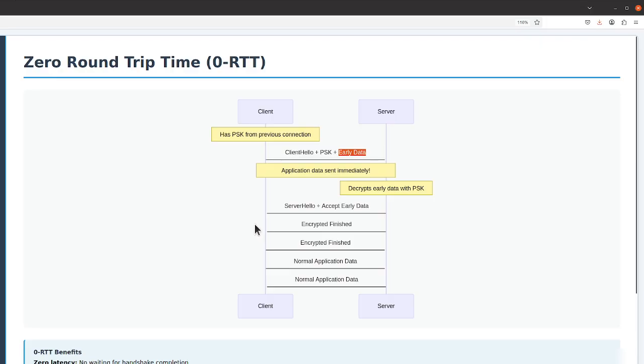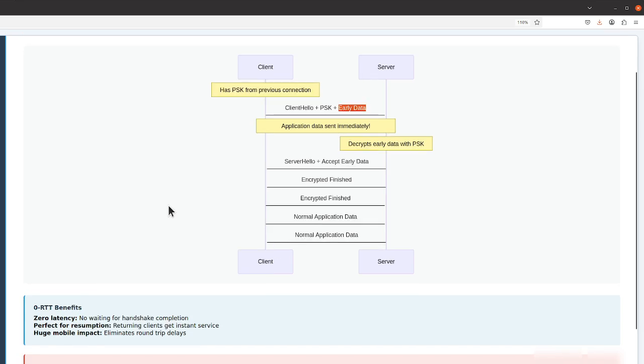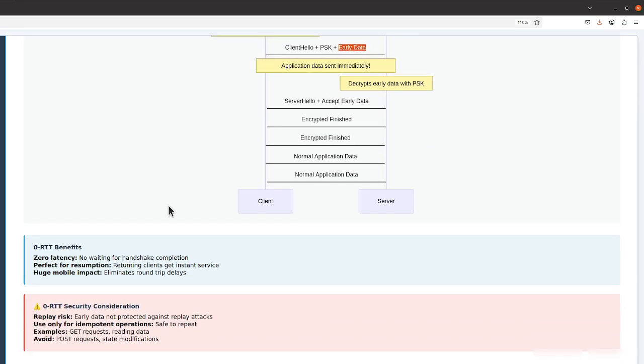Reading data is fine, but requests that modify server state should not use zero RTT. Despite the replay risk, zero RTT provides enormous performance benefits for appropriate use cases. Websites can use it for initial page loads, CDNs can accelerate content delivery, and mobile apps can reduce latency for API calls. When used correctly, zero RTT makes secure connections feel instantaneous, eliminating one of the last performance penalties of